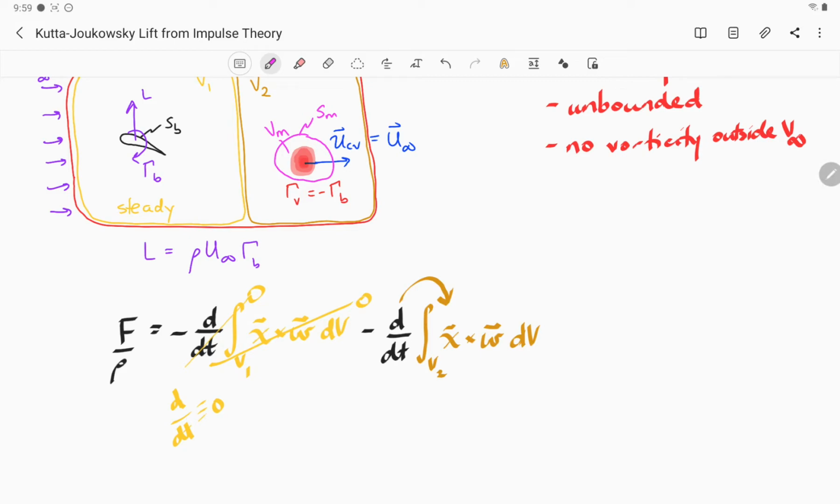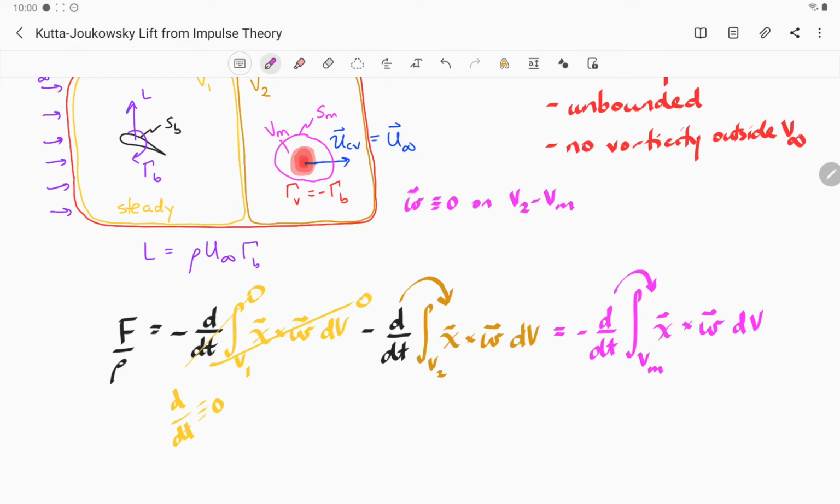Now, I've purposely drawn this such that there is no vorticity in V2 outside of Vm. That is, on the domain V2 minus Vm, vorticity omega is equal to 0. So with that, this term here becomes the time derivative of the integral over the material volume, and now I have no problem moving this time derivative